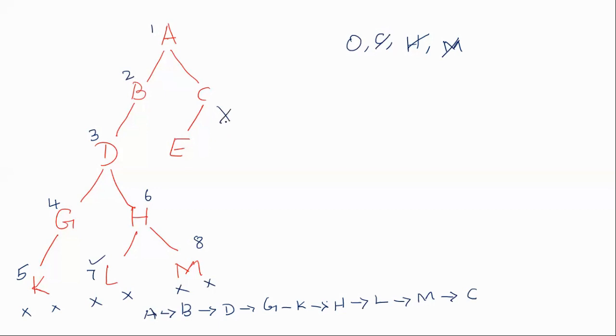There is no right child, but there is a left child over here. What is the left child? The left child is E. But coming to E, it's again a terminating node. So what is to be popped from the stack now? We are going to pop the null value. Null value means we have used all the nodes.